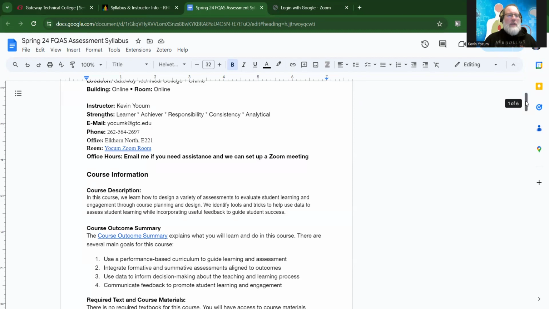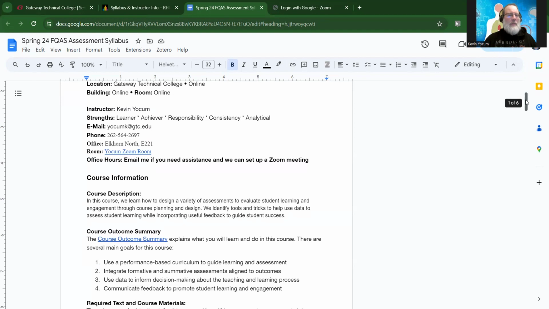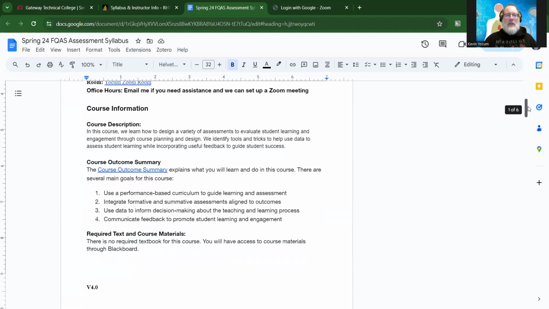So anyhow, these are what the syllabi look like generally. My name is there, strengths. I think all of you have probably done your strengths training. I'm learner, achiever, responsibility, consistency, and analytical. So again, this course is going to be